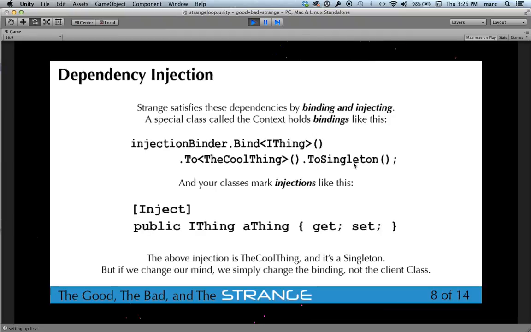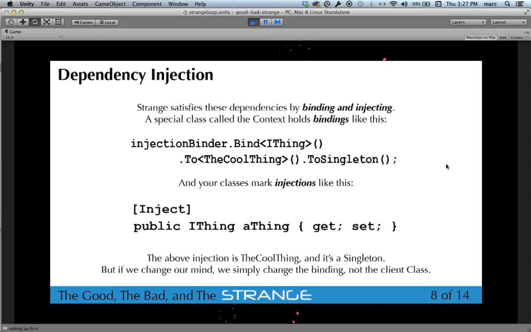And note here, importantly, I then map it to a singleton. So this is important. I didn't write a singleton. Once you start using injection this way, you will never write a singleton again. Instead of writing a singleton, I map it to a singleton. And then, if I should change, as we were talking about before, from a single-player game to a multiplayer game, I can say that it's going to be to singleton, or I could remove this, and by removing it, it becomes a true factory. It will give me new instances every time I ask for it.